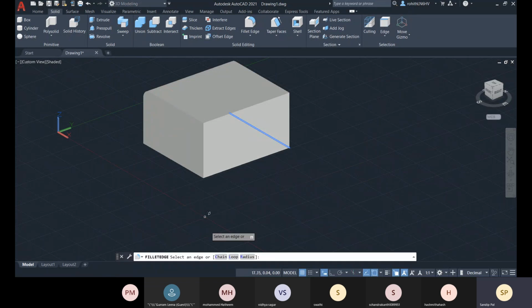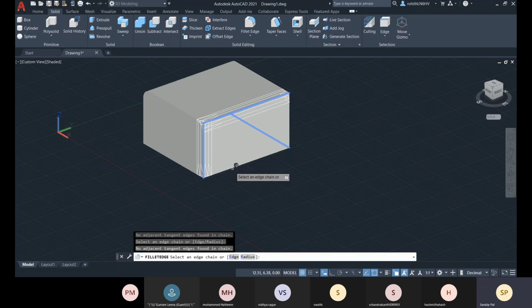You can go for fillet edge, and then you have the option chain. So you select one edge, like this. You can go for this whole chain.